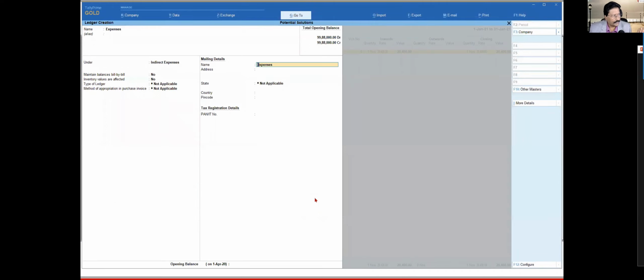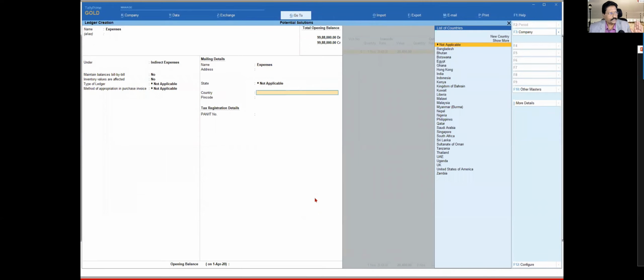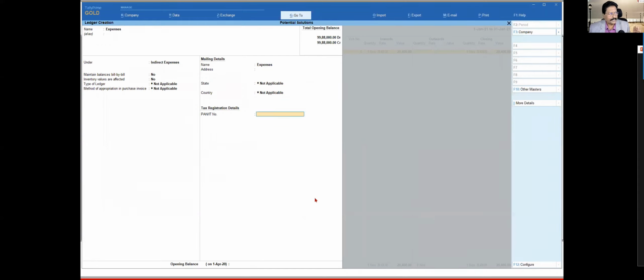Now when I press here, you see here, it brings you to the mailing detail because you have made this as yes. Now, additional, so provide contact detail. Now here, what is the contact detail? Maybe I want to capture the concerned person's name. I want to capture the email ID. I want to capture the mobile number. Okay, so various options I want to capture. So how can I capture?